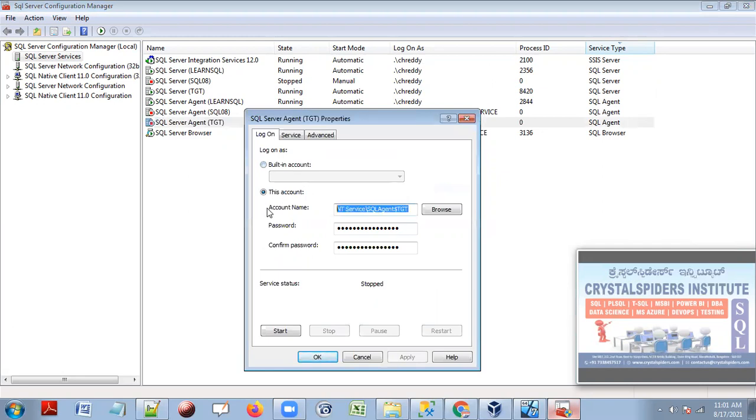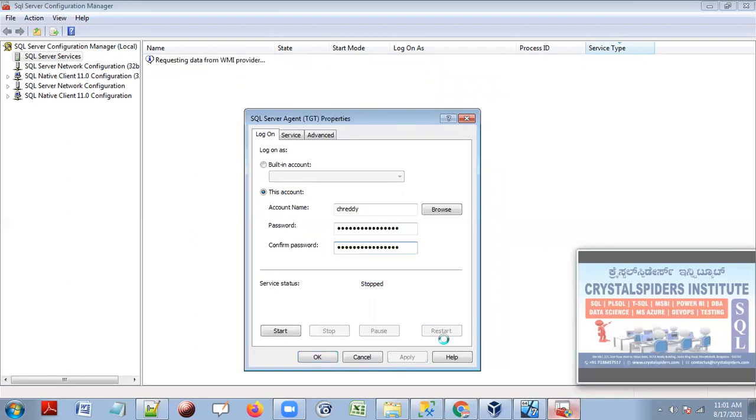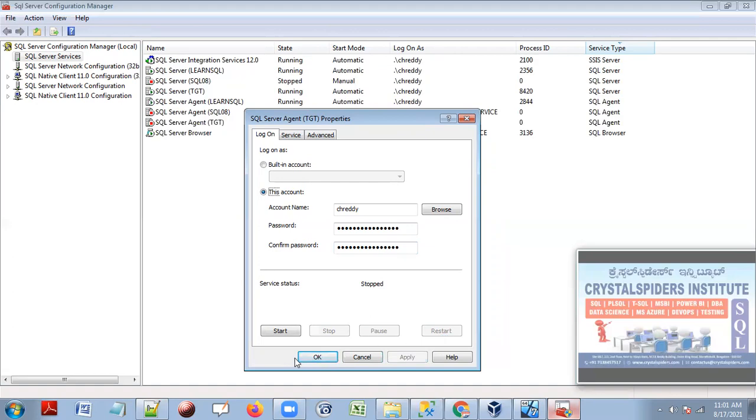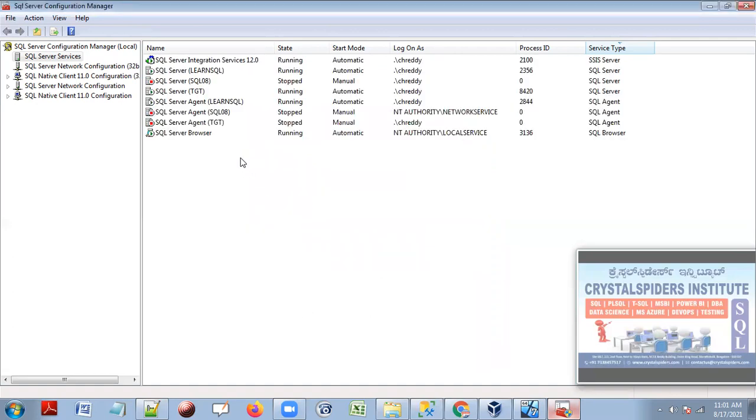Properties. I'm setting up the same thing also. Okay, done.